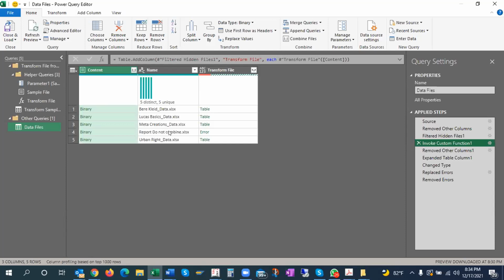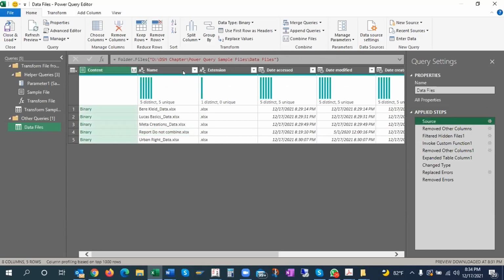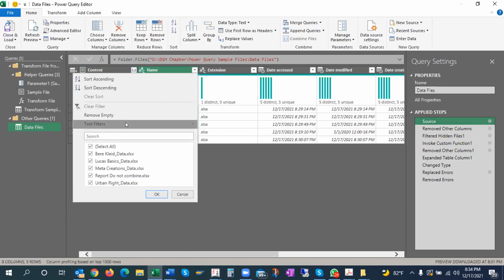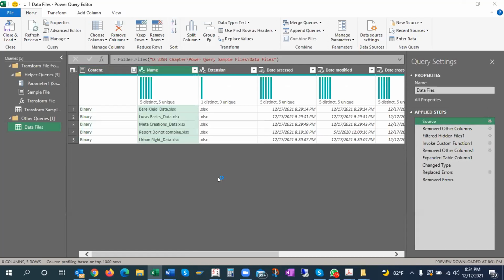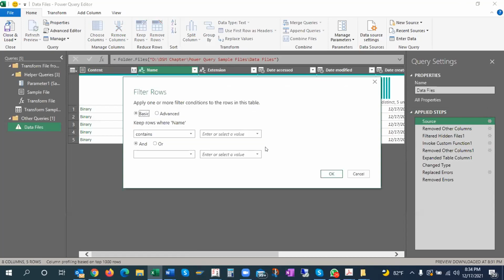Because this, we never wanted this particular one, because it had no data in it. So from the source, what I can say is that wherever it is written underscore data, you just take that. When I said text filter contains, I said yes, I want to insert a step.